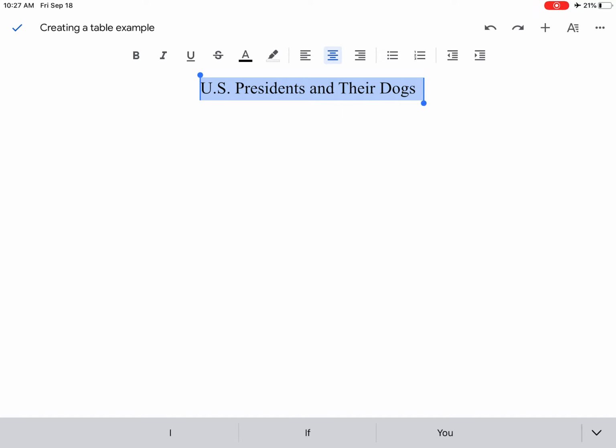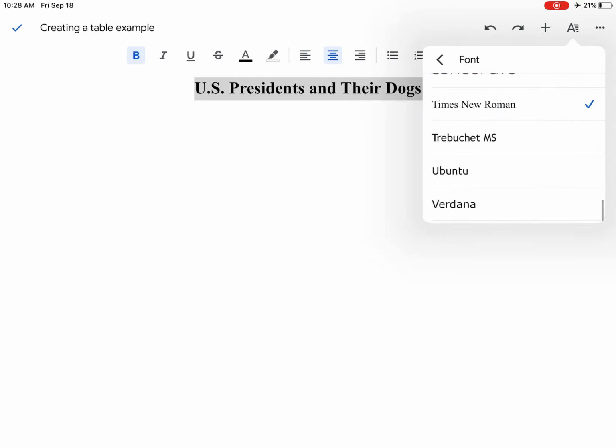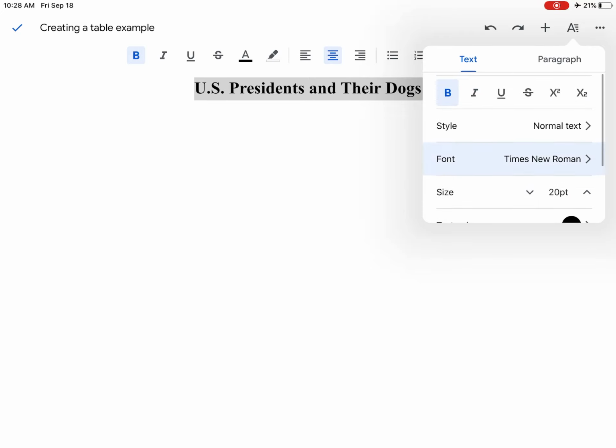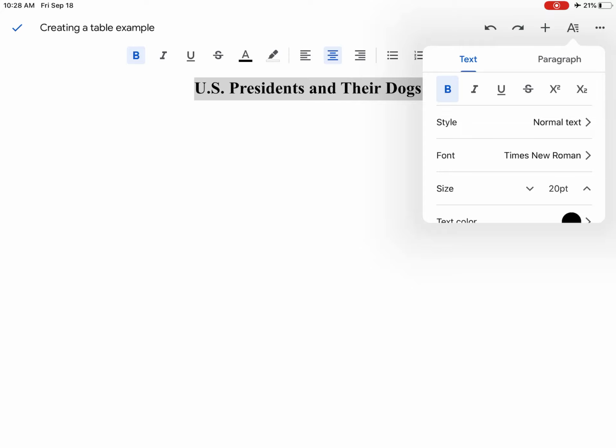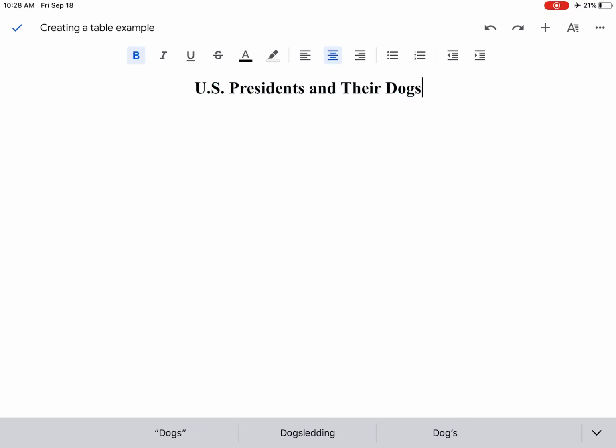So right here, this A with the lines beside it, this is where we're going to find those features. So we're going to bold them, and we are going to look at the font, make sure this font is Times New Roman, and you're going to make sure that it is 20-point font. So again, Times New Roman, 20-point font, bold, and center aligned. From there, you are going to hit return 2 times on your iPad,